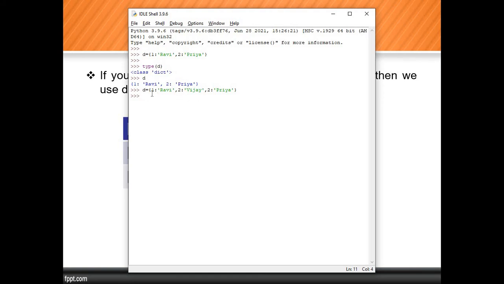That means first the key one Ravi will be stored in a dictionary. Later on it will be stored to Vijay. The second key is also stored in a dictionary. Later on it trying to store the third value, third information to Priya. So in that case the Vijay will be overridden and Priya will be printed. That means Vijay भी stored होगा and later on the third entry store होते समय ये Vijay override हो जाएगा. Override मतलब क्या है? ये remove हो जाएगा. Only two value we get that.